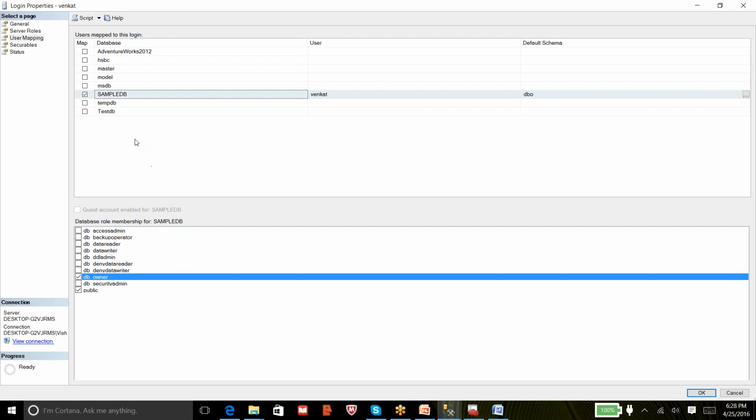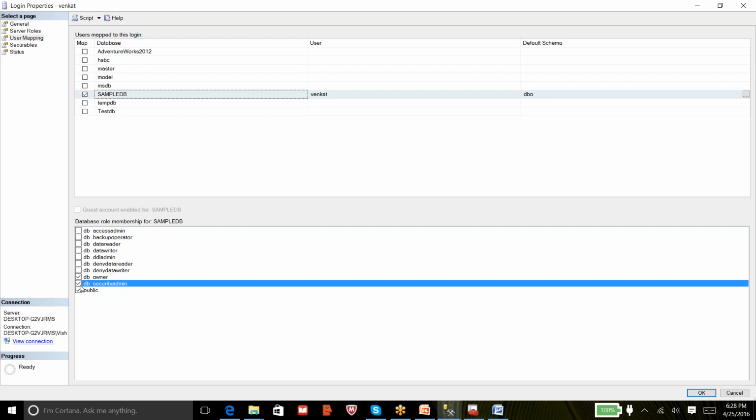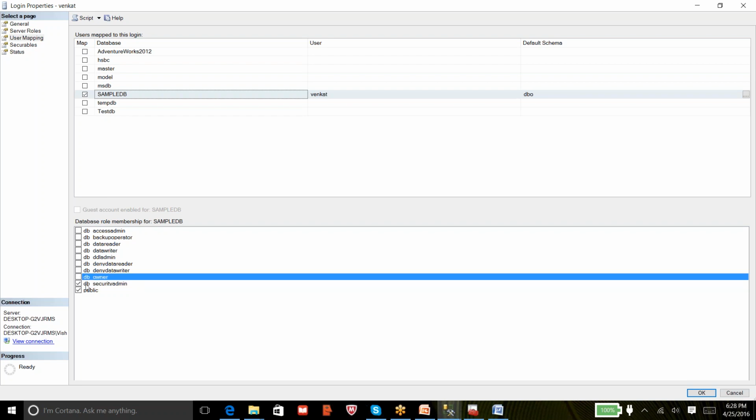He cannot jump onto TestDB and do the same; his permissions are restricted to SampleDB, even though he has full permissions on that database. And then security admin: if a member is part of it, he can create new users